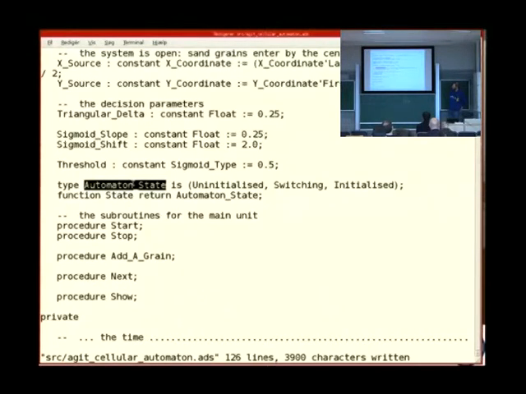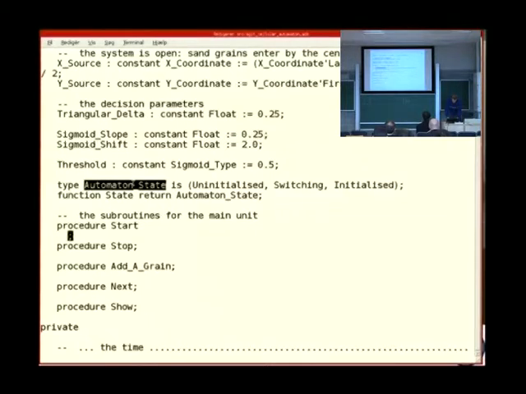Now we actually have enough information up here that we can start to add postconditions first to each of our operations. We can see the start procedure. Well, there are no parameters, so there's nothing there. It's all working on an internal state. So we say our start procedure has a postcondition, which is that it is initialized.